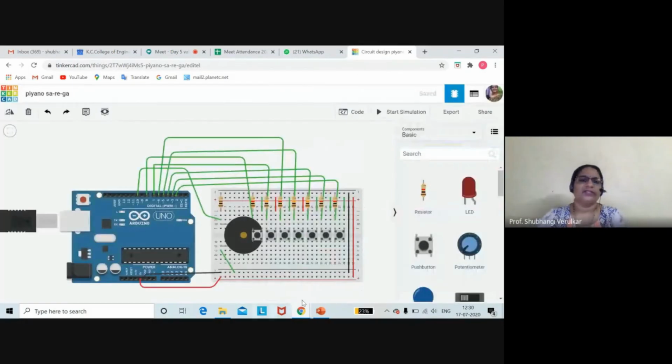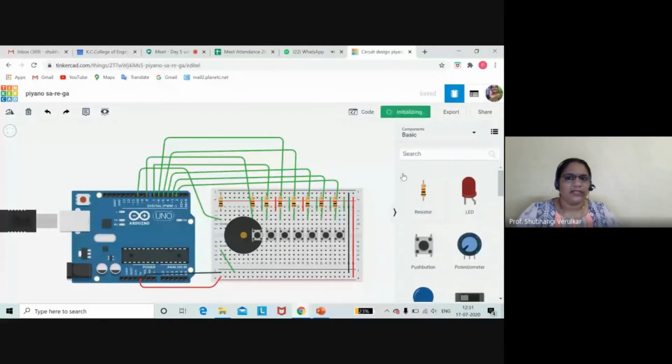Okay. So this is a circuit which I have designed for your Saregama, small piano shots, so different frequencies will ring. At my end you will not be able to hear the different frequencies, but you people try to play with things at your end and you can work out the things. So when I click start simulation, and when I click on a button, a different sound will come.